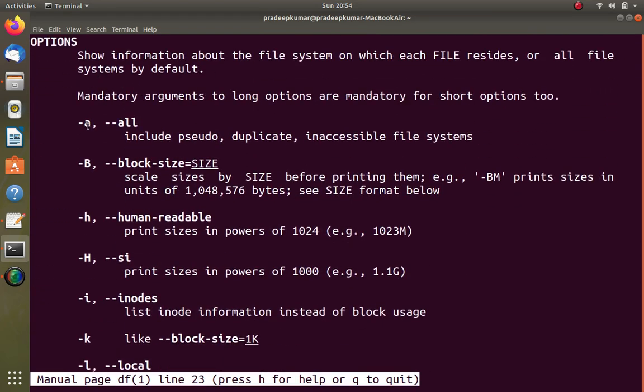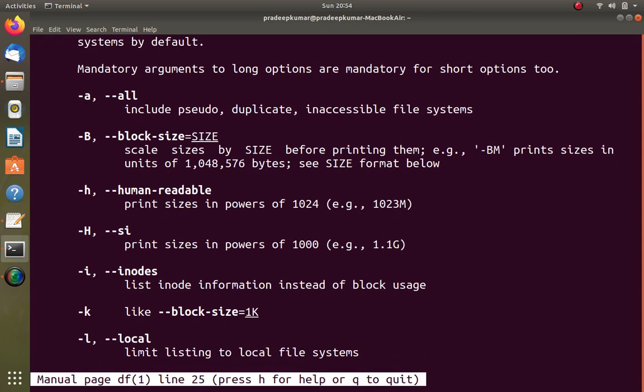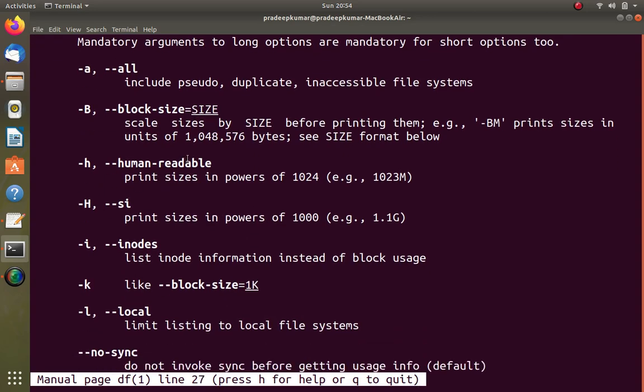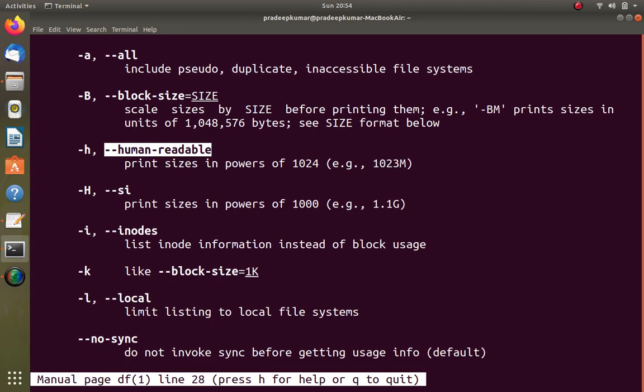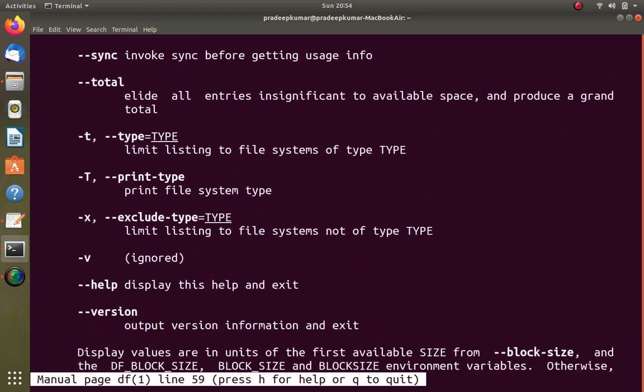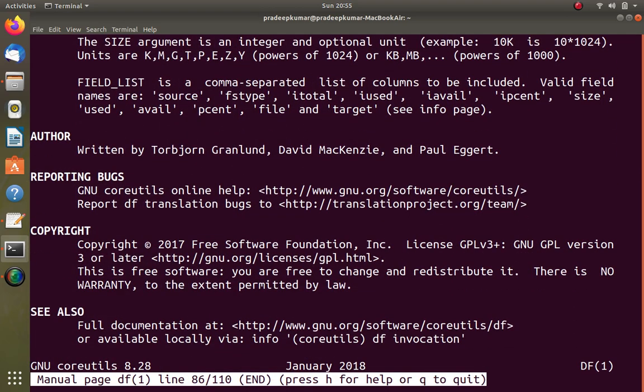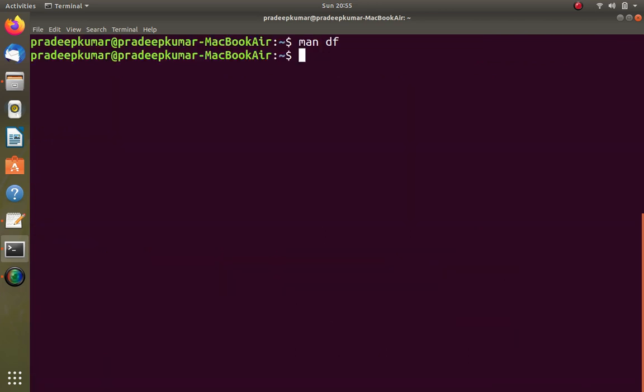You can see -a means this, -b means that, -h means human readable. That's what I used now, df -h. That means everything will be shown in mega, giga, like that. If you want to exit from this, simply press the letter q, as it is mentioned here, and you will come back to the same place.